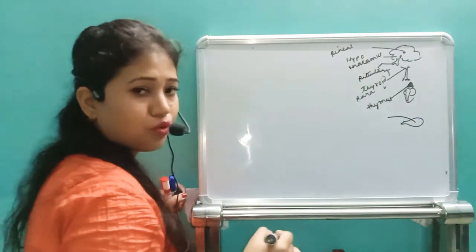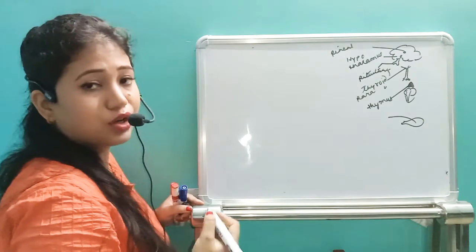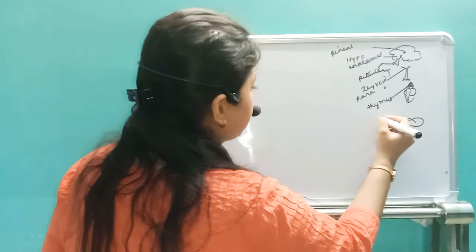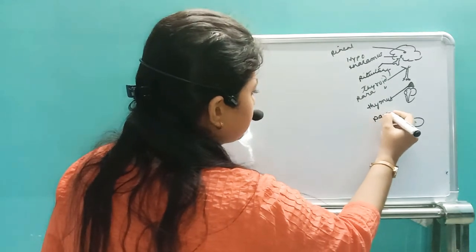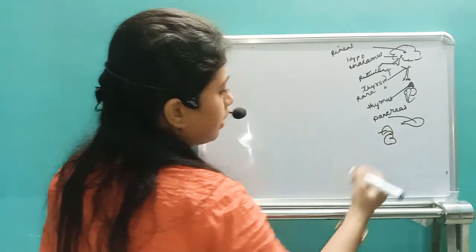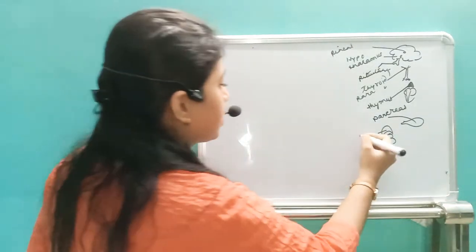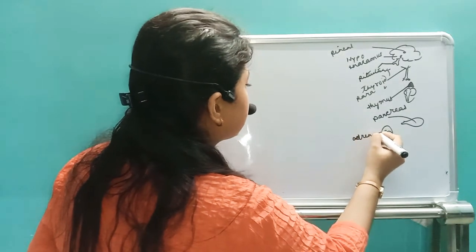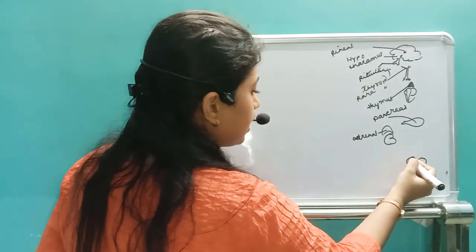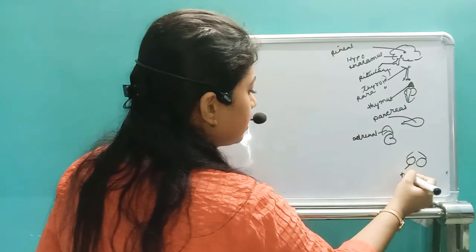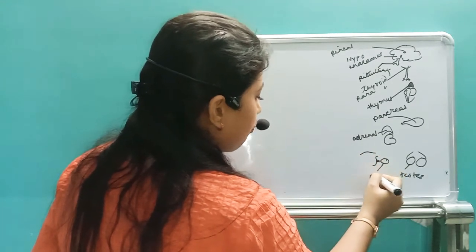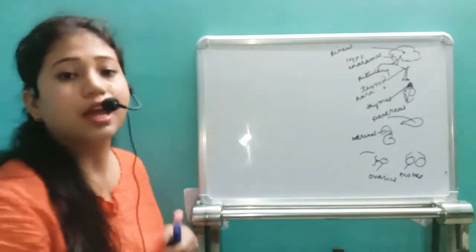In this pancreas we also have an endocrine part. What is that? The islets of Langerhans, as we call them. This is the pancreas, which is also endocrine in nature. Then above the kidney we have the adrenal gland. This adrenal gland is a very important endocrine gland. After that we have the gonads. In males it is the testis, and in females it is the ovaries. So the testis and ovaries are also endocrine glands.